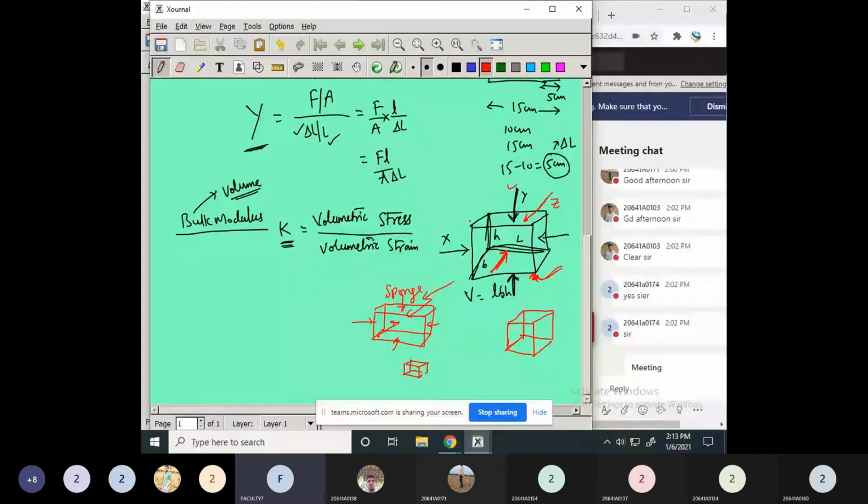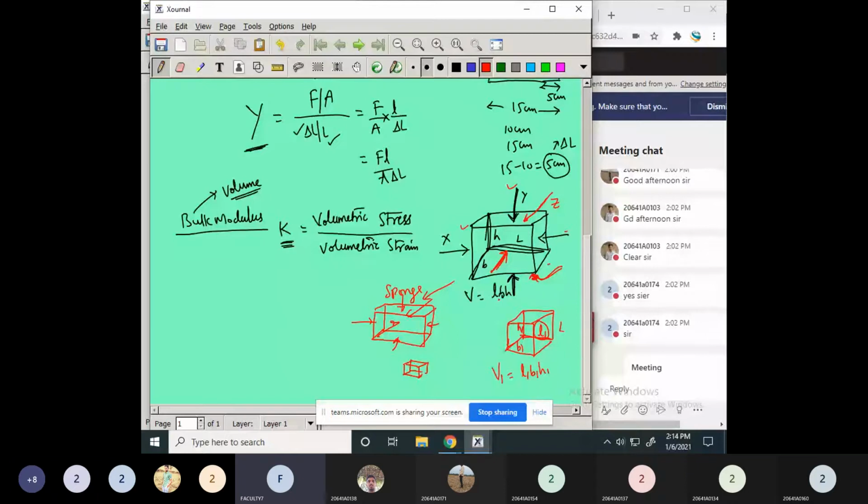If you apply all the forces on this particular material, what happens? This particular length will reduce. Okay, L1. Let us take this as H1. This one B1. So there is some change. If there was no change, I should write this as L only. But I am saying there is some change, so I cannot write the same L value. I am indicating it as L1. Now what is the volume? You can write this as some V1, which equals L1 into B1 into H1. Some change is going on, so the entire volume has been reduced.